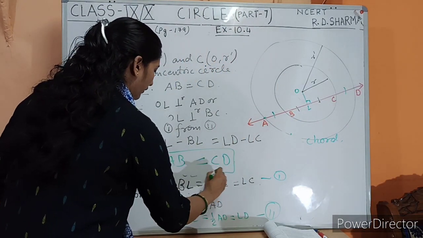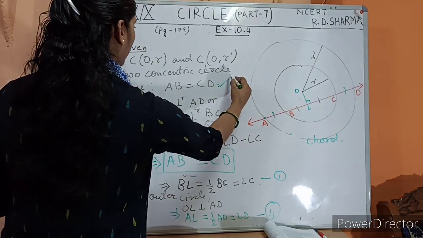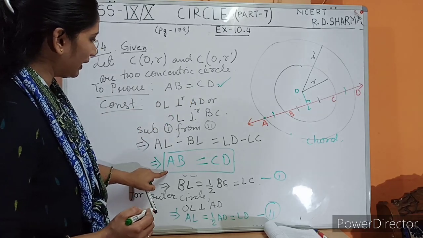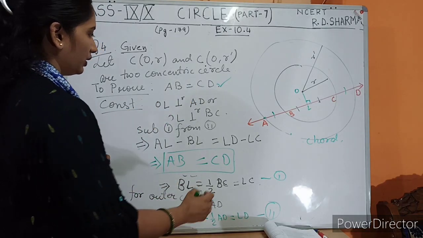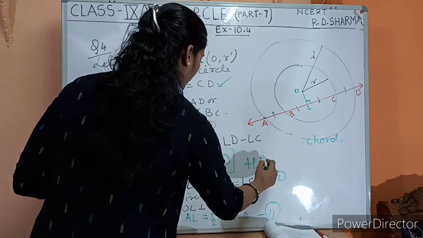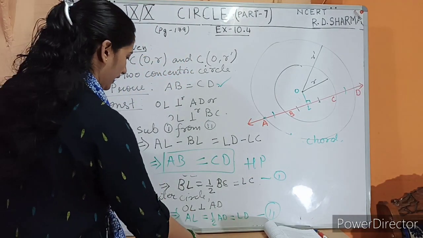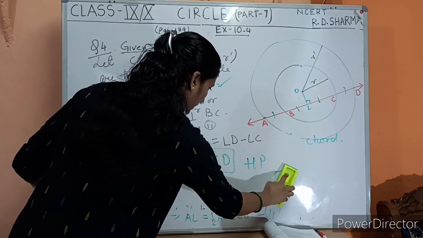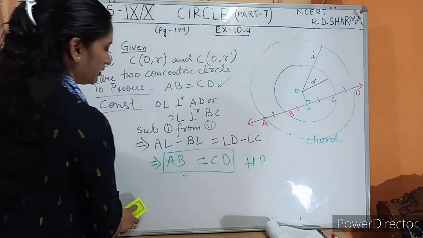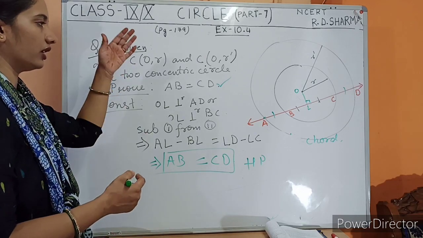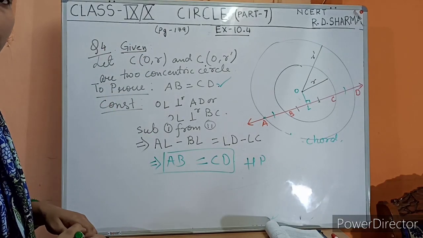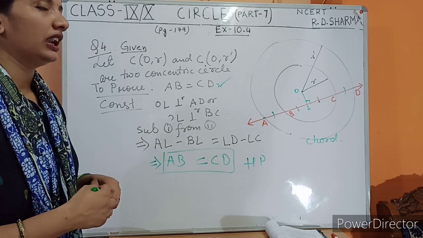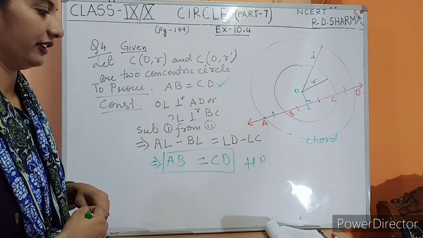So that only thing we need to prove. You can check out here. I have written, we need to prove AB is equal to CD, and that we have done here. So here you can write hence proved, and in this way we have completed this sum. You will note down the solution of this question on a single sheet and just go through it. It must be clear. I hope you have understood. Now we will see the question number 5.